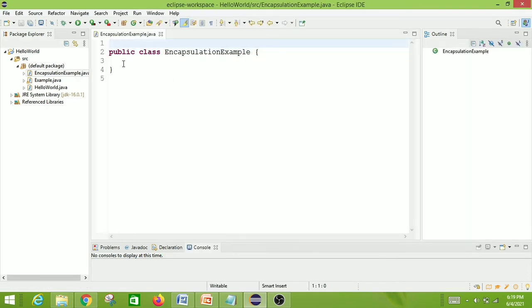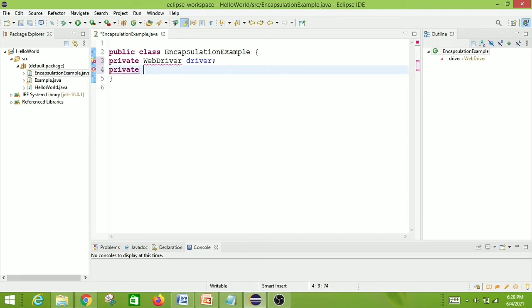So the class is created. First we have to declare our WebDriver. So I'll create WebDriver. The WebDriver object is created. Next we have to create private data fields. We can declare some private data fields.